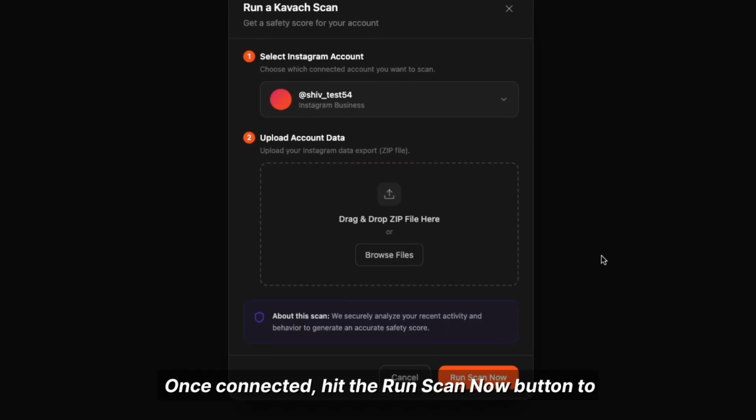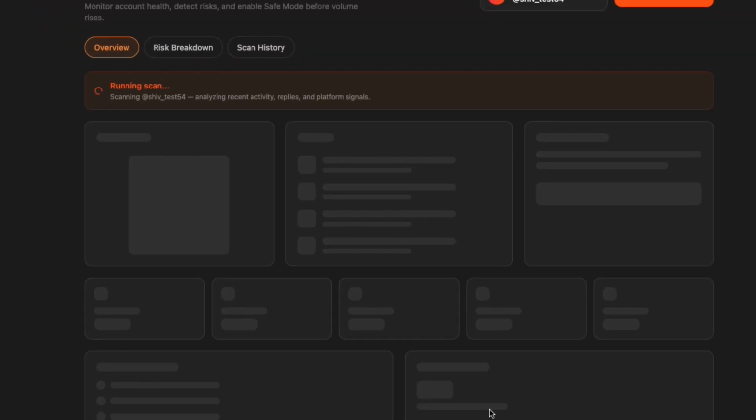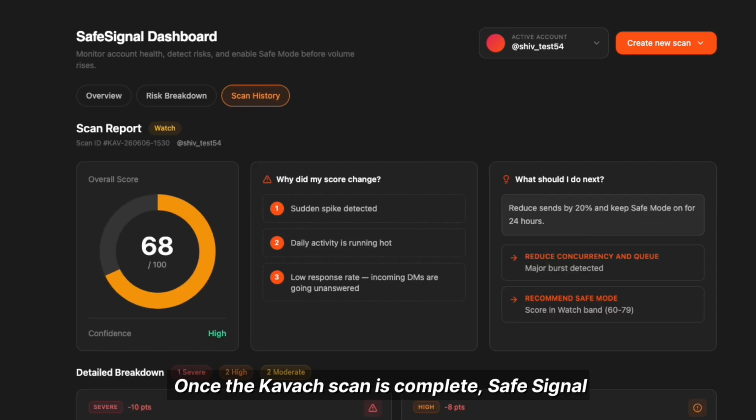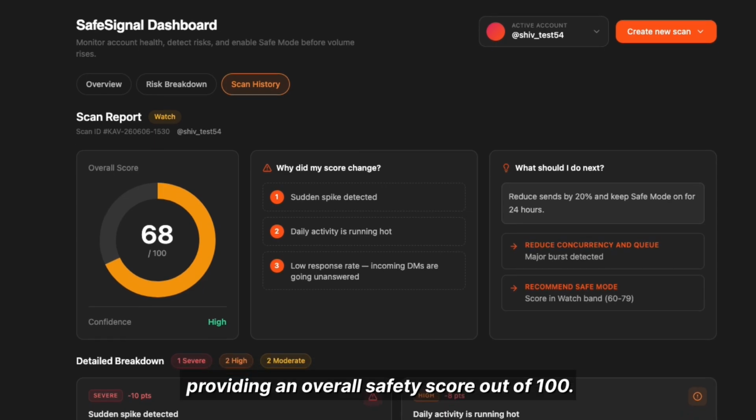Once connected, hit the Run Scan Now button to trigger the behavioral algorithm. Kavach will quickly analyze your recent profile activity, response rates, and automation metrics, generating an overall safety score, along with a clear risk breakdown. Once the Kavach scan is complete, SafeSignal instantly delivers a health report, providing an overall safety